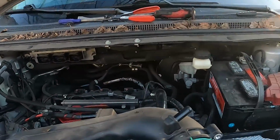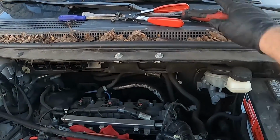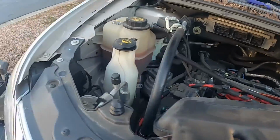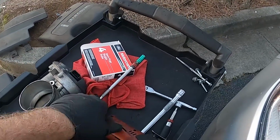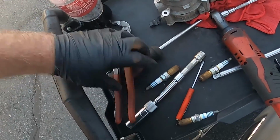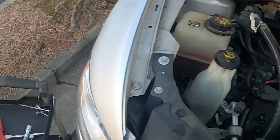Tools I used: pair of needle nose pliers, pry bar, hose clamp tool, trim tool, ratchet, extension, 8, 3/8, flathead, and a pair of pliers to loosen up the hoses. Other than that,